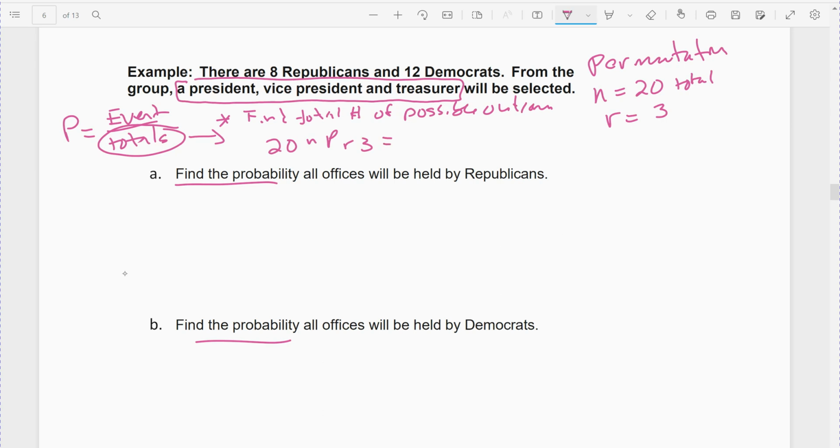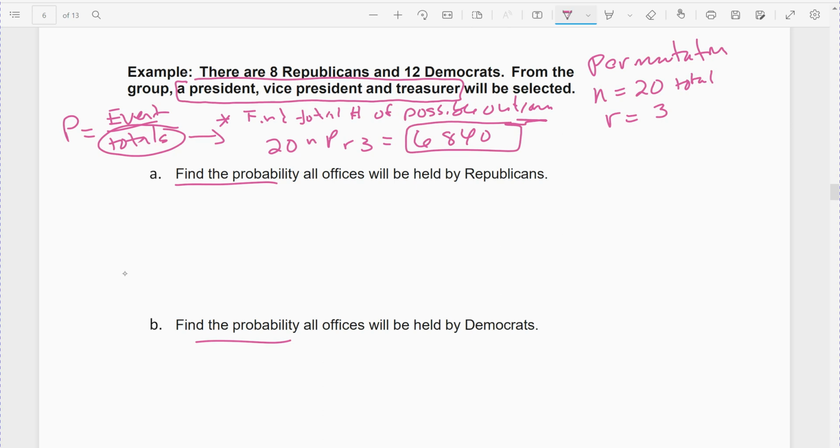20 for the president, 19 for the vice president, 18 for the treasurer, should give you the same answer, which is 6,840 different outcomes total. So that's my total. Alright, so I need that when I go to do my probability, and I divide by that number. Alright, out of all of the groups, how many ways are there